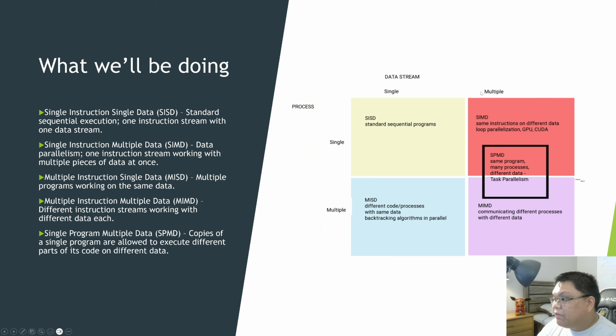So, we're going to be more concerned with this column here: SIMD and SPMD. So, SIMD is same instructions on different data. That is something called loop parallelization. So that's an interesting thing we can do. Loop parallelization is where we have a for loop, say a for loop with like a million for loop iterations. This can only be done on certain types of for loops. We'll talk about that when we start looking. Yeah, we'll talk about that a little bit later.